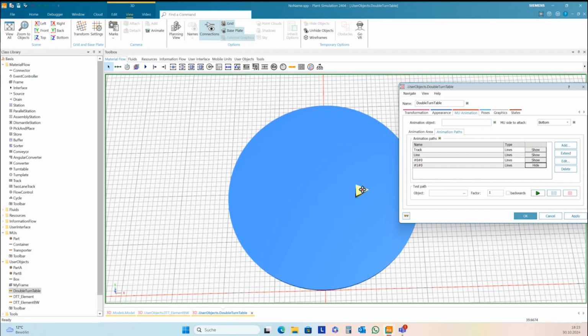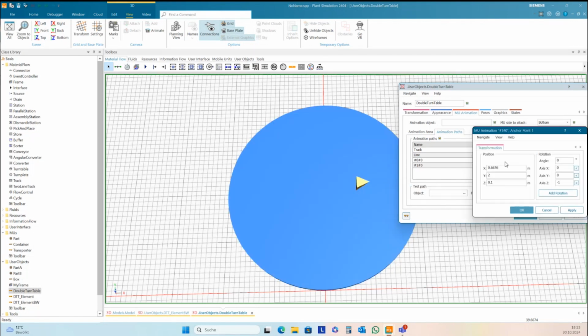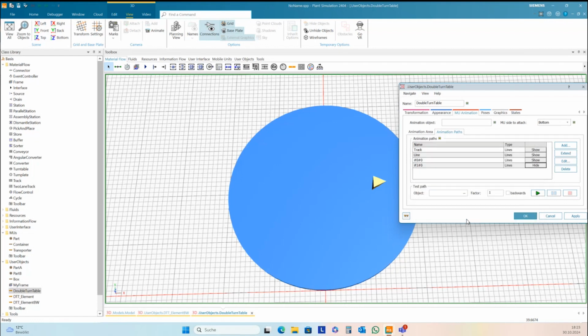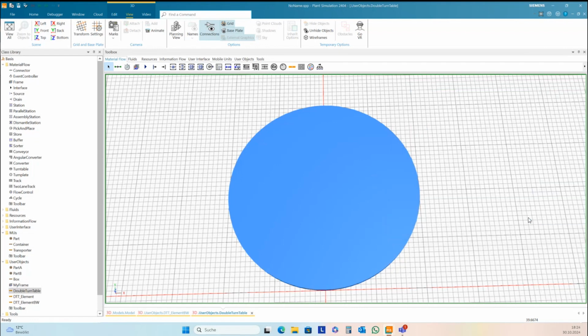And the same here. I added the position of this. Y2 is okay. X should be 1. Okay, now I have a transporter with two animation points, and I can check this now.